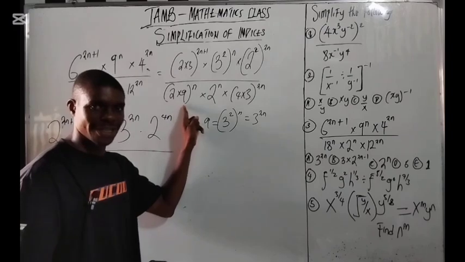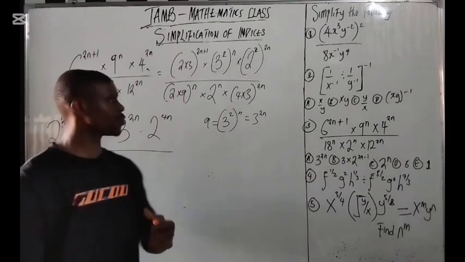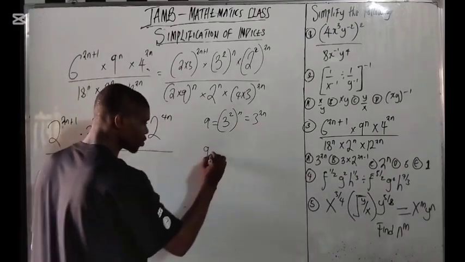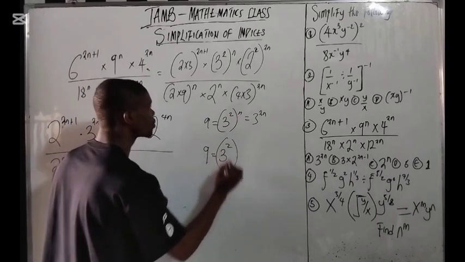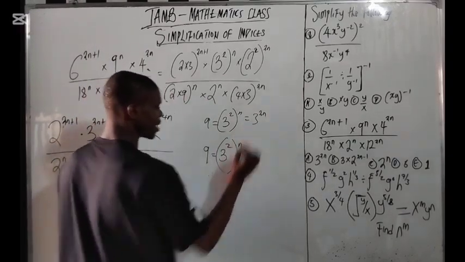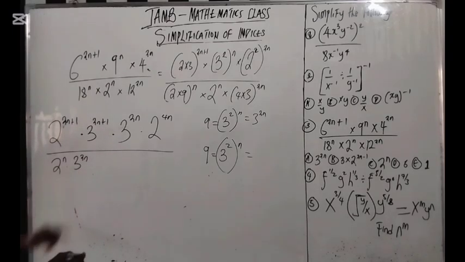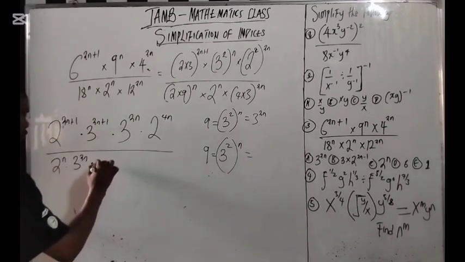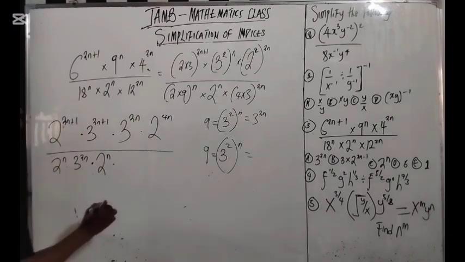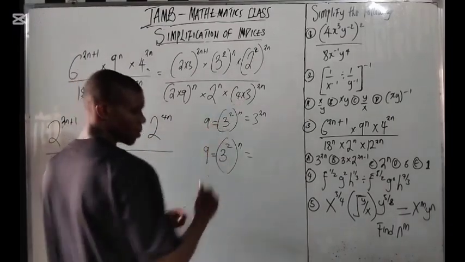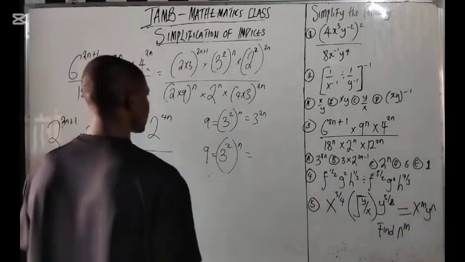it. How do we get this one here? Please understand this here. How do we get it here? 9. Remember that 9 equals to what? 3 raised by 2, right? So we have 3 raised by 2 all raised by what? And this n here also the same about this guy here. So that's how we got this one. Dot 2 raised by what? n dot. Now when you have something like this,